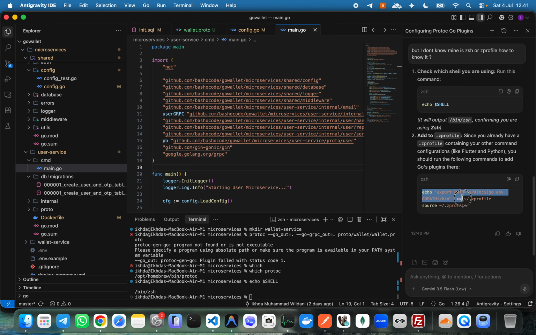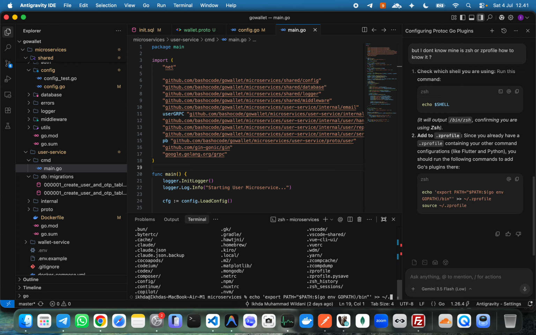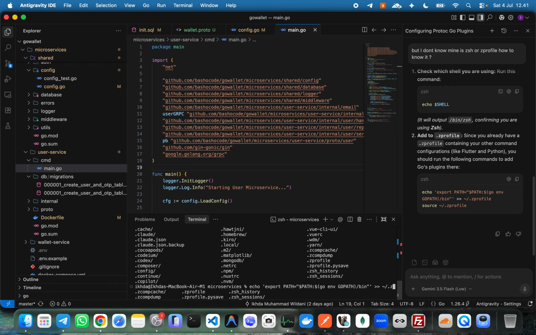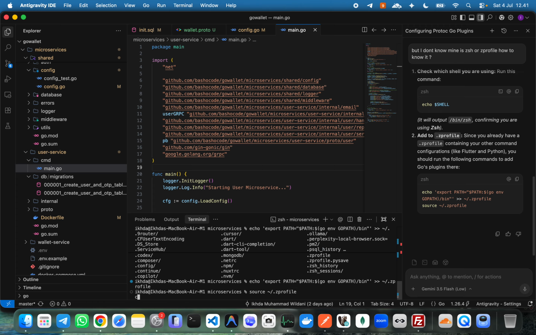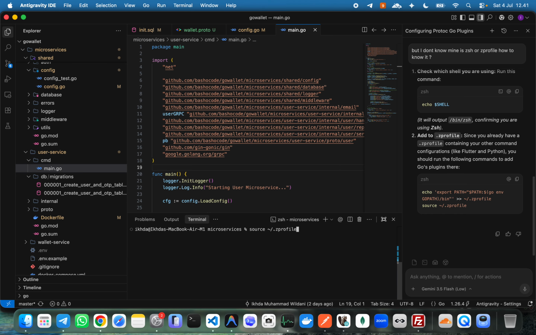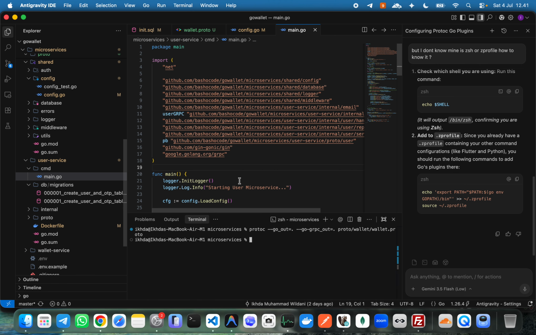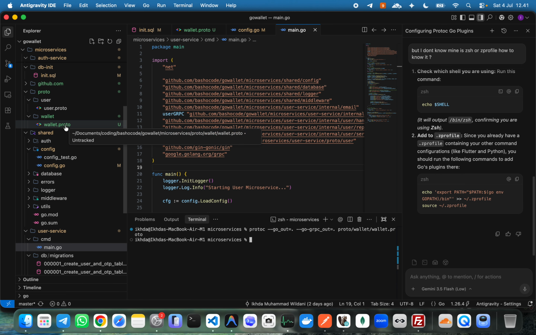Okay, let me check here. And slash dot zprofile, I think zprofile. Okay, and then I will choose zprofile. Okay, then here my protoc, and I can get the wallet proto,